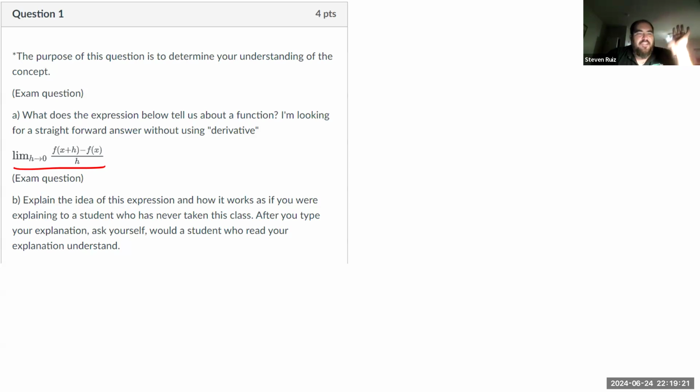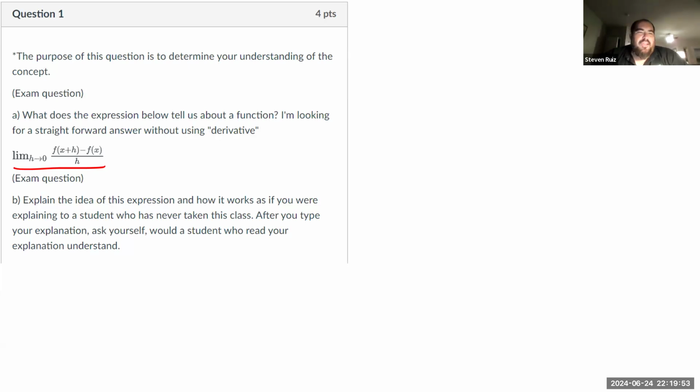So again, a lot of you got full credit on this without saying anything that was close to what I said. There's lots of ways to explain this. Part B, explain this idea of this expression and how it works. As if you were to explain this to somebody, basically think about explaining it to your pre-calculus self. How would you explain this to somebody who doesn't know what a limit is in this context? And like I said, that's basically the limit is